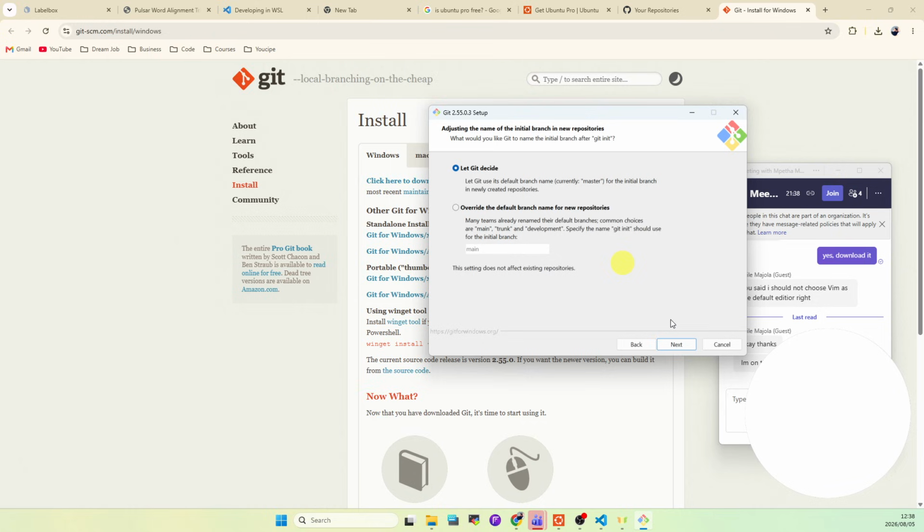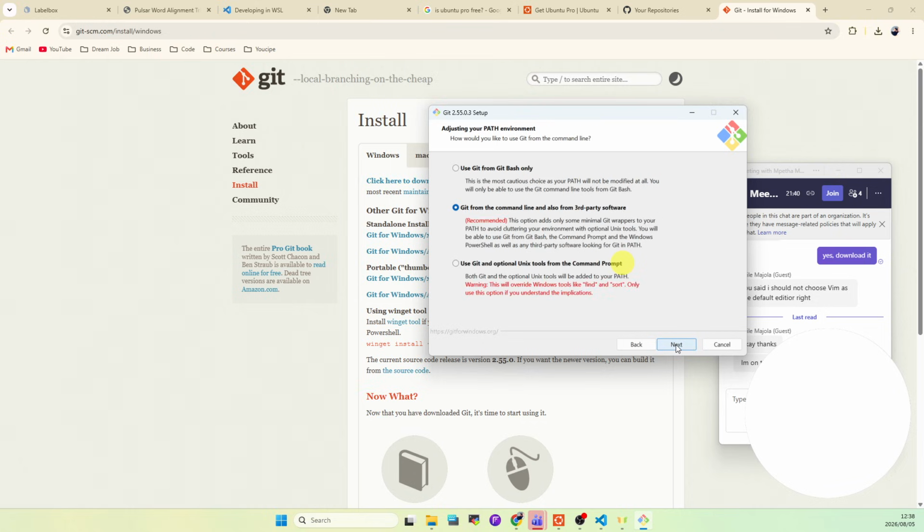Okay. Then we go next, and then adjust path environment,